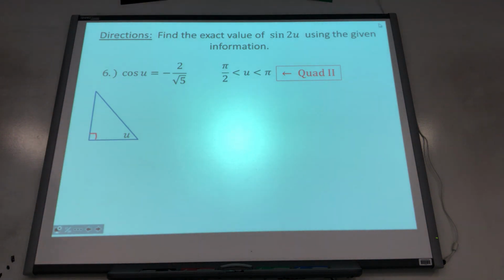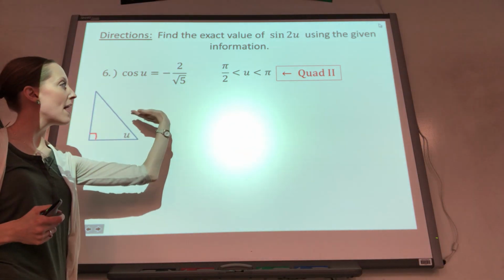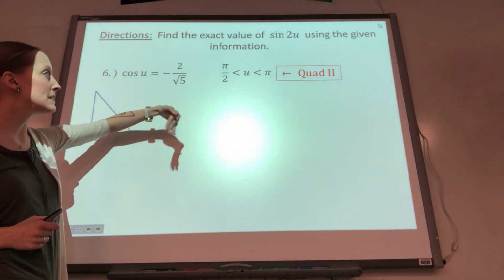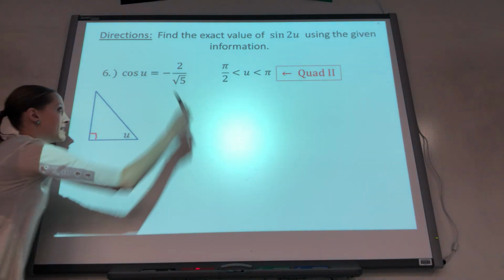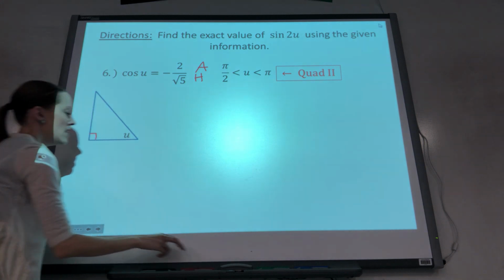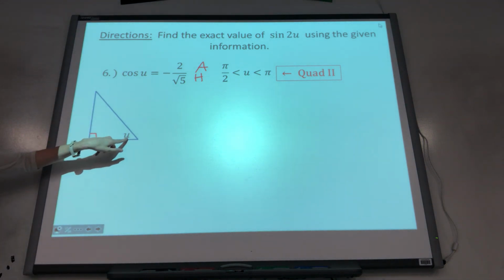Now, I can't guarantee on the test that you'll be in the same quadrant, so make sure you know how to find that. It's like the axes of the unit circle. Pi over 2 was at the top, pi was down here. At the bottom, it was 3 pi over 2, and then at the right, it would be 2 pi, or 0. Okay, now I can use this to help me label my triangle. Cosine is adjacent over hypotenuse, so -2 on bottom, radical 5 for the hypotenuse.